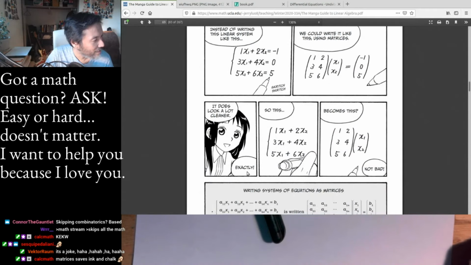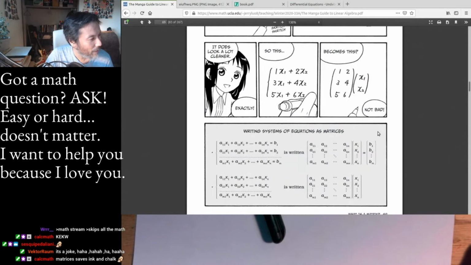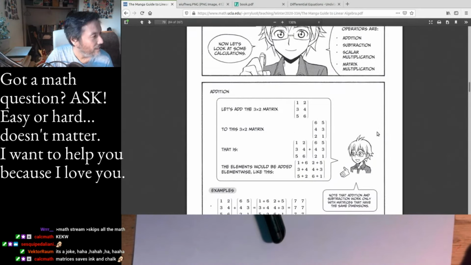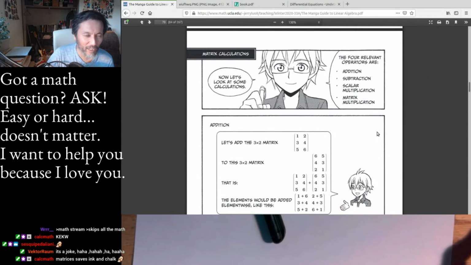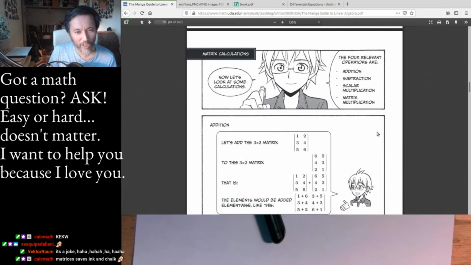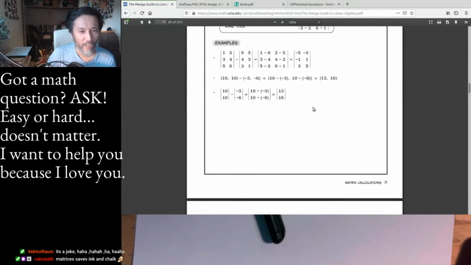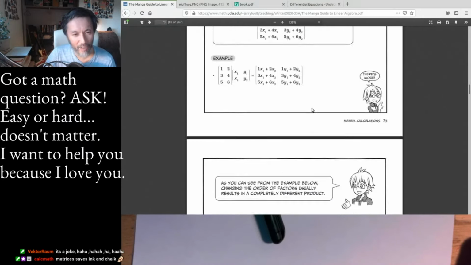It does look a lot cleaner. Not bad. Okay, listen. If you need to learn linear algebra, don't do what I'm doing. Look at these diagrams carefully, okay? We're just trying to get to the juicier bits of the manga because